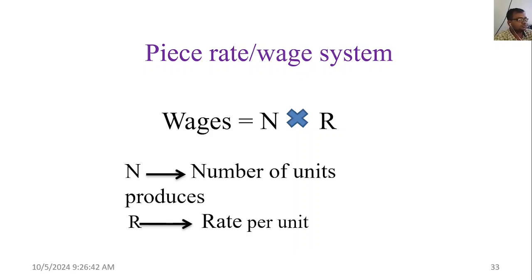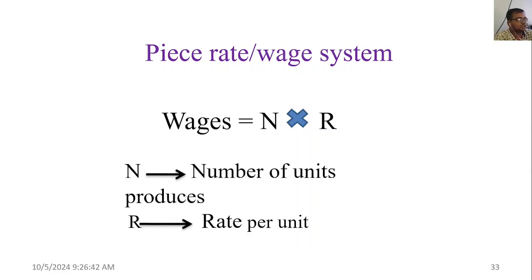If in an 8 hour shift a person is supposed to produce 100, the time based system, irrespective of the quantity he is producing, even though he may be producing 80 or 120, just gives the workers wages in terms of time. Whereas piece rate takes into account the quantity produced.